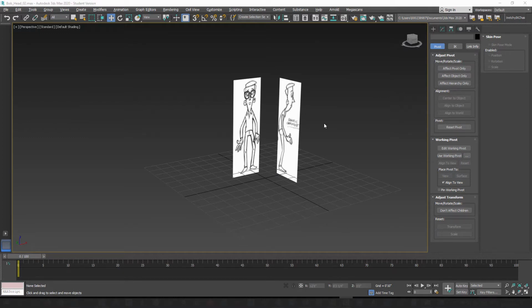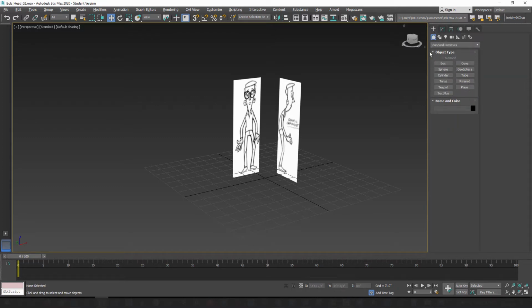So when you're modeling characters and any object in general, there's multiple ways to get started. There's two ways specifically that I'm going to talk about. There's box modeling and plane modeling. In this video, we're going to use the box modeling method. The difference between the two is with box modeling, we're going to start with a box,